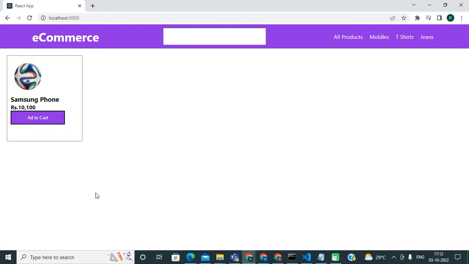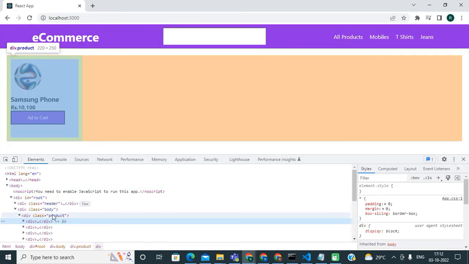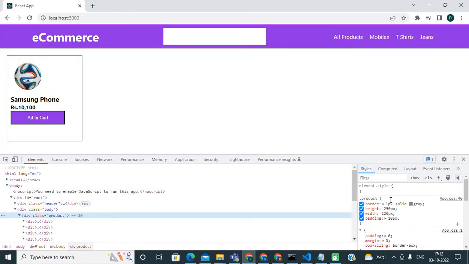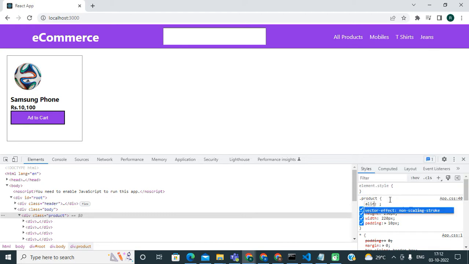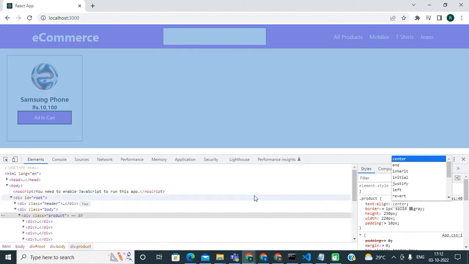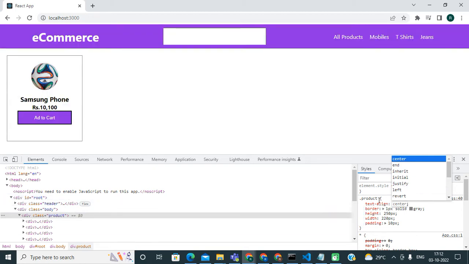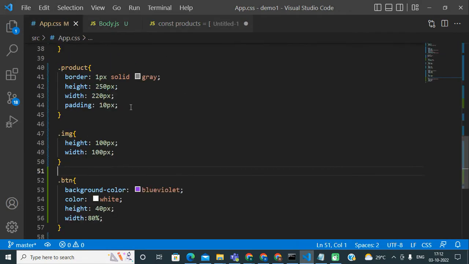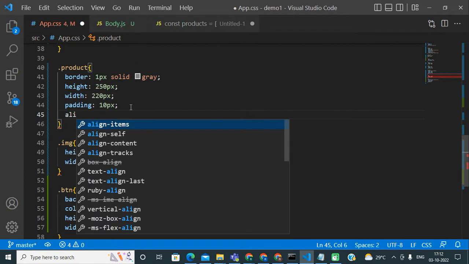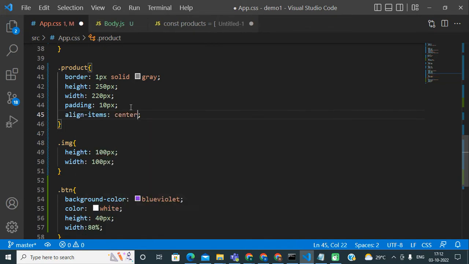Let me try one more CSS class here so that I can make it center. Okay friends, so we can add another class to our product container, and this will be align items center.